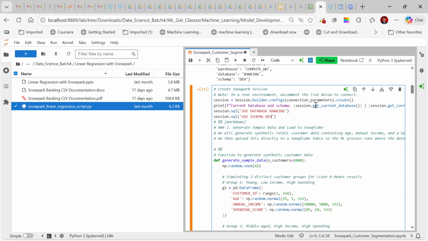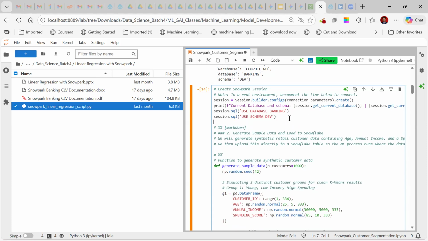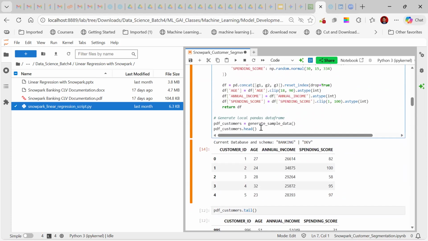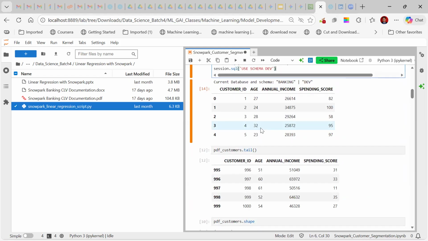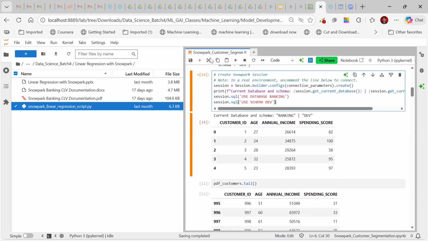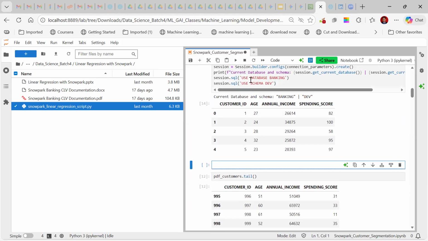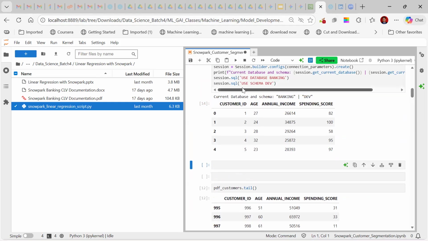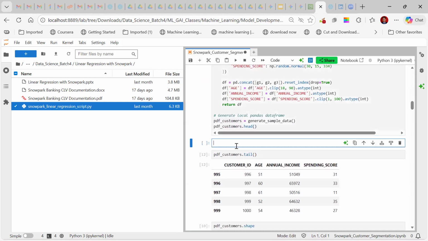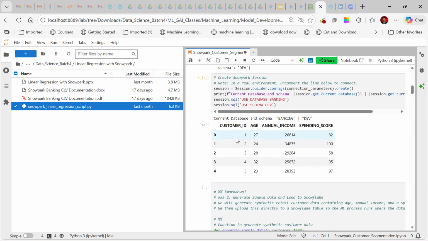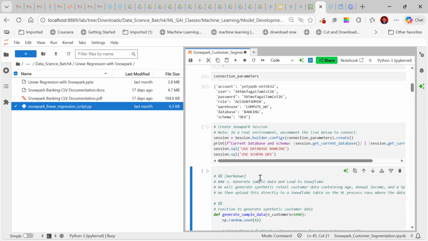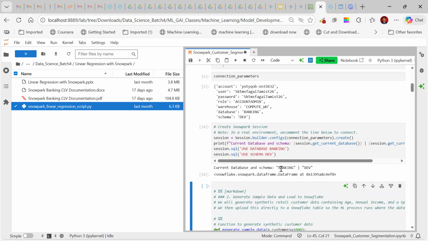Yes. Try this, I think it should work. Yeah, now this is pointed to it.